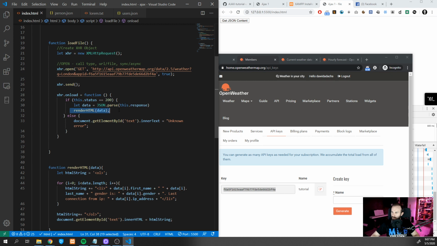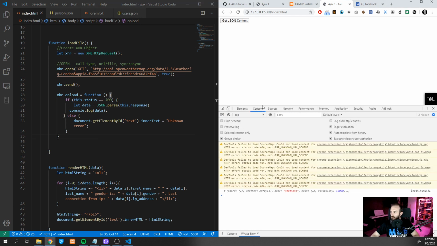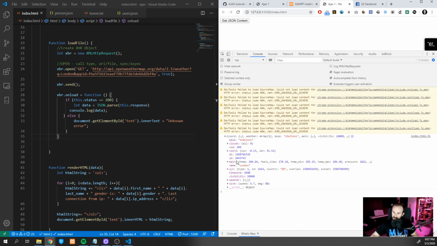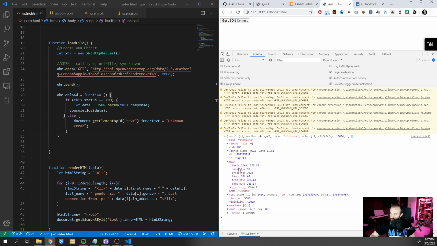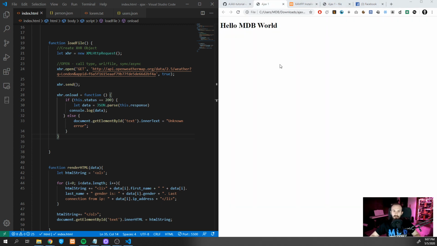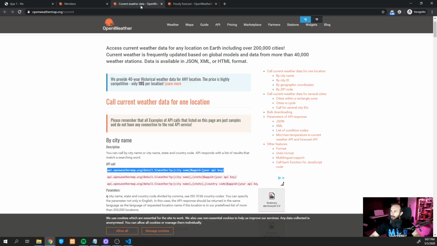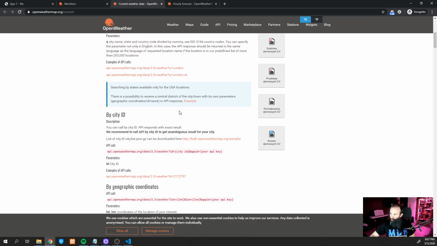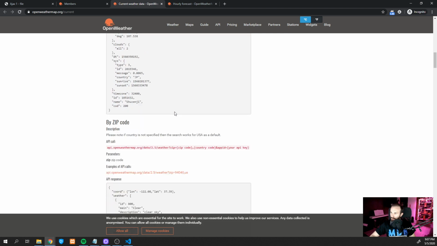And what we want to do here, for now, is just show this data. Let's see if this works for us. Yeah, it looks like it's working. Nice. So this is the JSON response from the weather API. It gives us the weather for London, and in the main units you can see the temperature is 284, and if you go to the docs, you're going to see that the weather by default is in